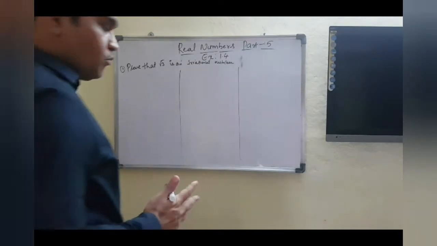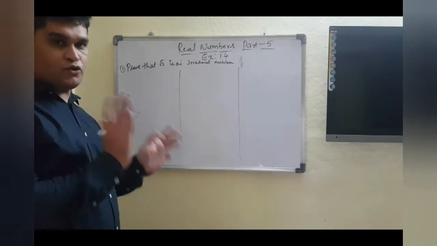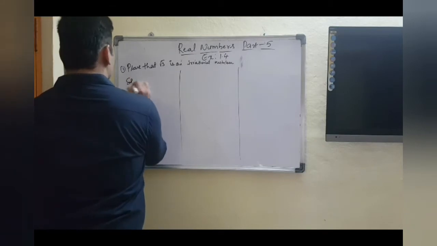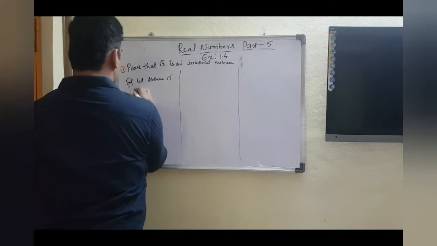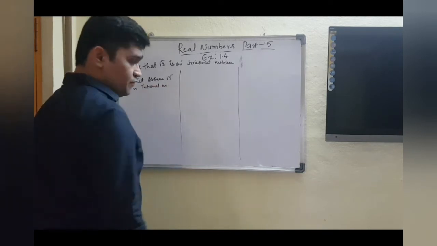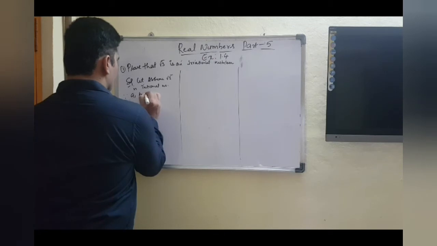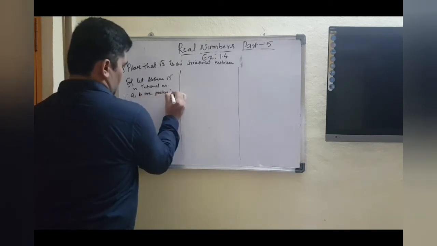Now let us do one more problem on this. Prove that root 3 is an irrational number. Right, now we have done with root 2. Same procedure with root 3. Right? Start again. Let us assume root 3 is a rational number. If root 3 is a rational number, therefore A and B are positive integers